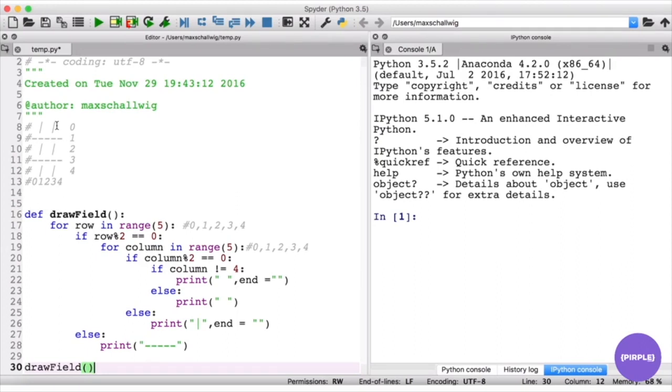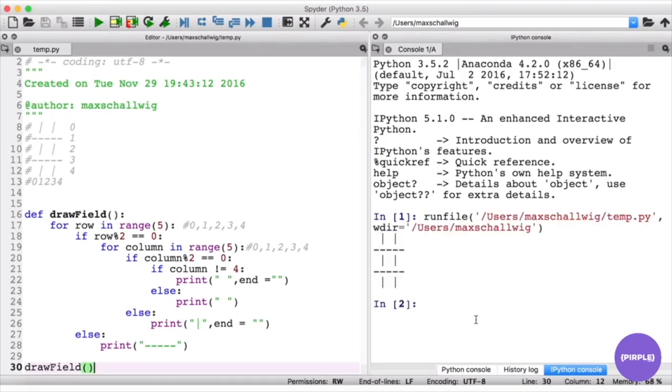Let's run this. Let's see what we get. Yeah, so we get what we expected, and what we also got last time. We got our Tik Tak Toe field. So we loop through row by row, and each row we either print the writable parts or the horizontal separators. And if we print the writable parts, we actually go through it column by column. And here we print the space, and then we stay on the same line, and we print the new line, and then we print another space, and then we stay on the same line, and we print this horizontal bar